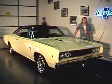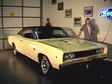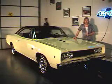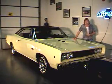The next car that you've selected to view on ClassicMuscleCars.com is a car that we've been working on for a while, and it is now here in our showroom and it is ready to sell. This is a 1968 Dodge Coronet RT440 automatic. Now I'm going to tell you a little bit more about the car, but first I would just like to